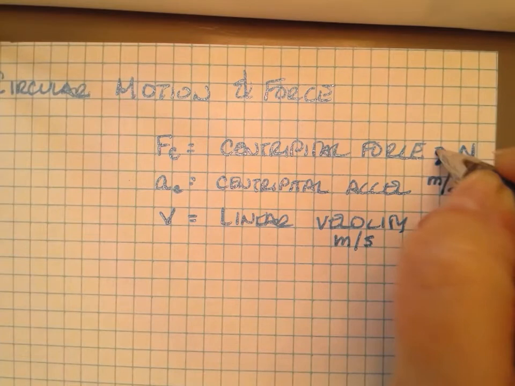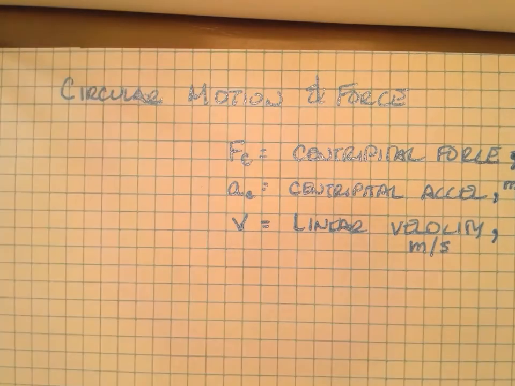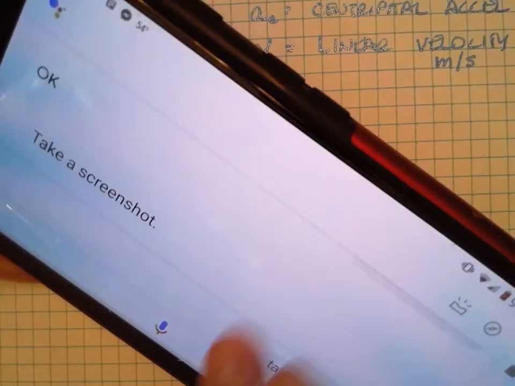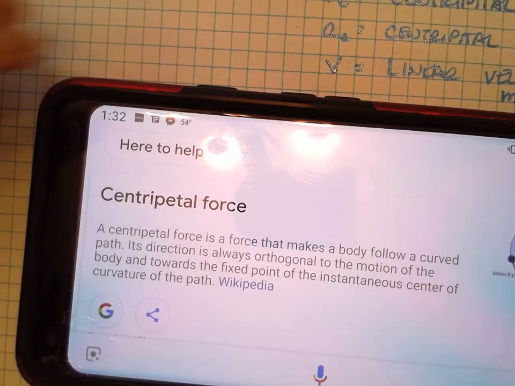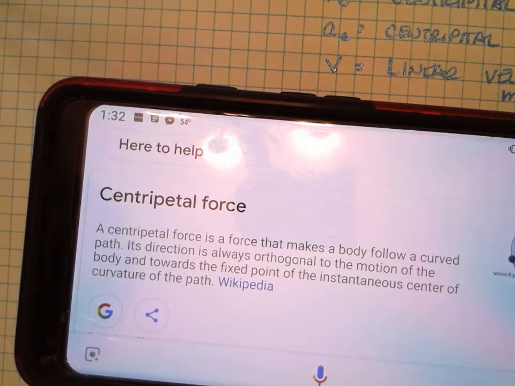All right. A big opportunity for a misconception. A centripetal force is a real force, and it's a force that makes the body follow a curved path. So when you are in the car with your inertia, when the car turns, the side of the car will push you into a circular motion. Do not confuse it